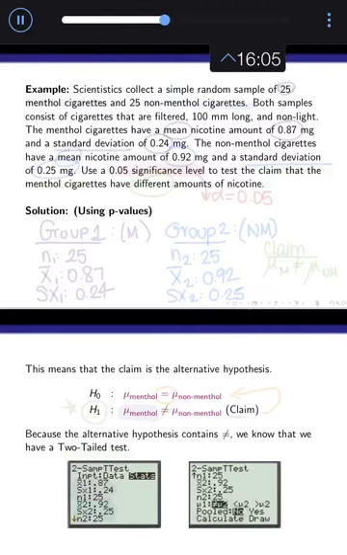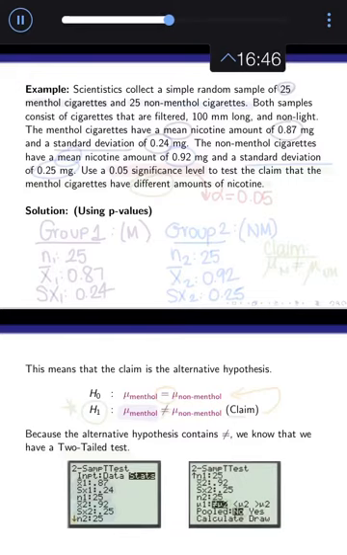Let's try another problem. Scientists collect a simple random sample of 25 menthol cigarettes and 25 non-menthol cigarettes. Both samples consist of cigarettes that are filtered, 100 millimeters long, and non-light. The menthol cigarettes have a mean nicotine content of 0.87 milligrams and a standard deviation of 0.24 milligrams. The non-menthol cigarettes have a mean nicotine amount